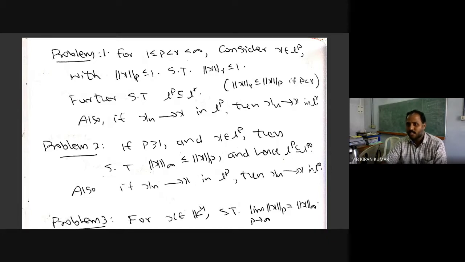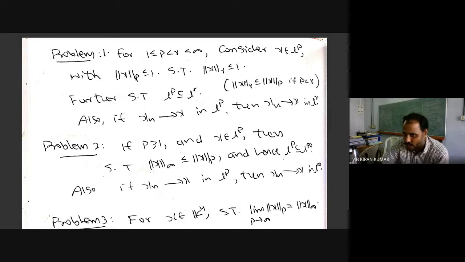Okay, so this will tell you that in the general case, ||x||_r will be less than or equal to ||x||_p. That is easy, because now you just need to take any arbitrary x in l^p and consider x divided by ||x||_p. That will have p-norm 1. Therefore it will have r-norm also less than or equal to 1. So you will obtain this. First assume this, and then you just simply take an arbitrary x and divide by its norm. Apply this and you will obtain this.